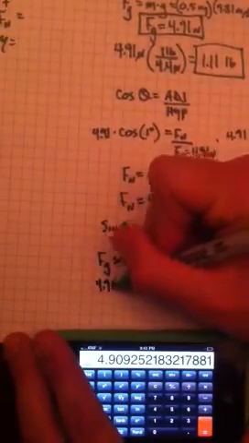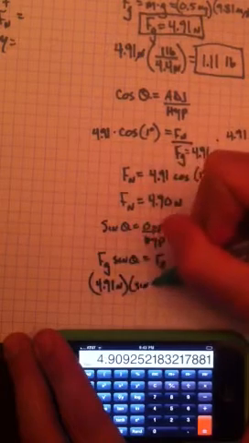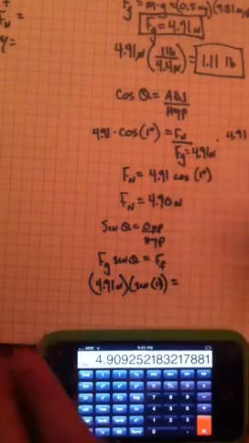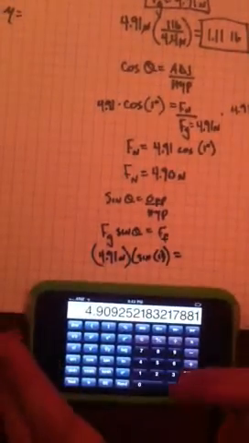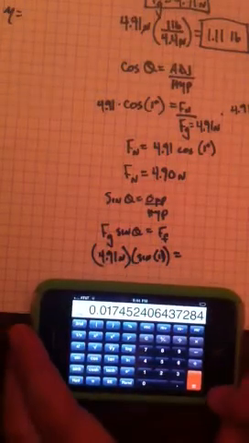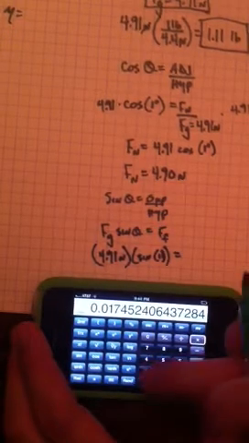So 4.91 newtons times sine of 1 degree equals, and I go back to my calculator, sine of 1 is equal to 0.017 times